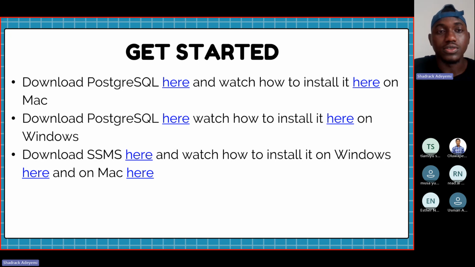Irrespective of wherever you decide to work, and whether you are working with your Mac or your Windows, this is just a little pointer so that when this slide is shared with us, those of us that do not know how to get it downloaded and installed can use it. So this is just a helper for us.